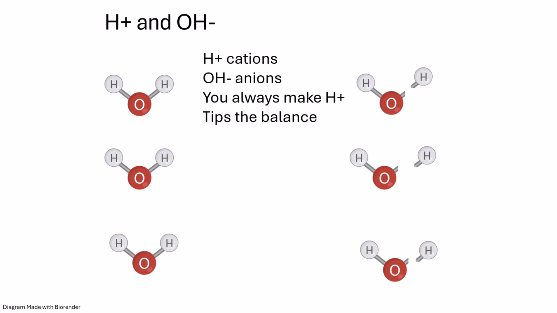I lied previously. Water, or H2O, actually exists as H plus, or hydrogen cations, and OH negative anions. It's almost as if Mickey Mouse here did a Van Gogh move and chopped its ear off. The ear, or the hydrogen, leaves with its proton, but not with its electron. Remember, hydrogen's electron is attracted to anything else but its corresponding proton. The OH part leaves with all of the electrons from the water molecule, making it an anion because it has